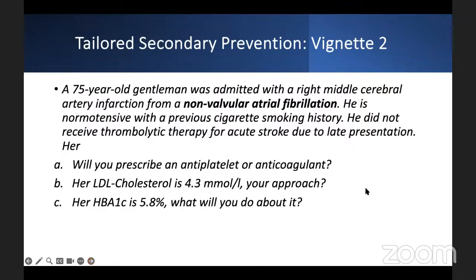I want your answers in the chat box, because this is Zoom, people will be logged on, but no action. Their mind will be somewhere. So please put some answers and let me see that you are following. For this patient, will you use an antiplatelet or anticoagulant? Am I still on? Yes, please. Okay. Somebody says